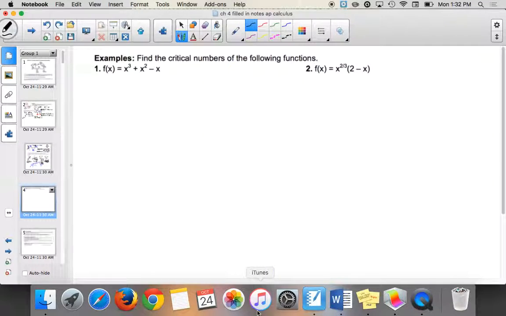So it says find the critical numbers of the following functions. So we're going to take the derivative. We're going to set equal to 0 or undefined. So for this first one, I have f prime of x equals 3x squared plus 2x minus 1. It's never undefined. I don't have any square roots or denominators. So I'm going to factor, and it does factor. I need 3x and x, 1 and 1. And my outer and inner need to combine to be 2x. So I need plus and minus. So I'm going to do 3x minus 1 and then x plus 1.